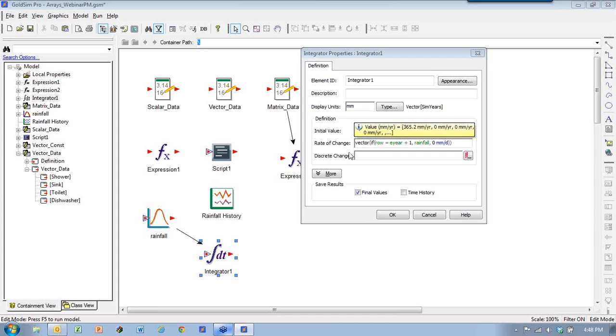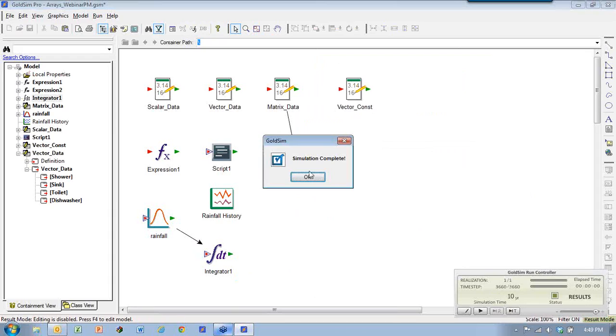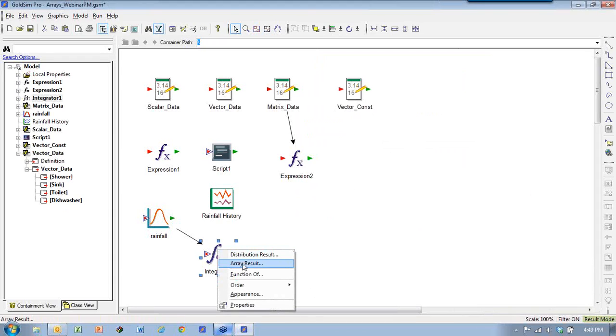So what this is saying is it's building a vector, okay, on the first year, which would be row 1, we're going to accumulate the rainfall. On the next year, on year 2, we're only going to accumulate the rainfall on row 2. Otherwise, we don't care. Only if the current row we're looking at equals the current year we're looking at. So now what we can do is run this model, and I can look at an